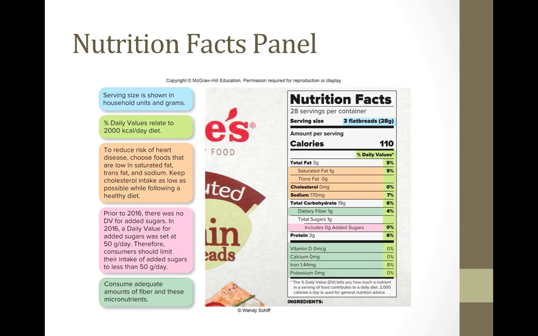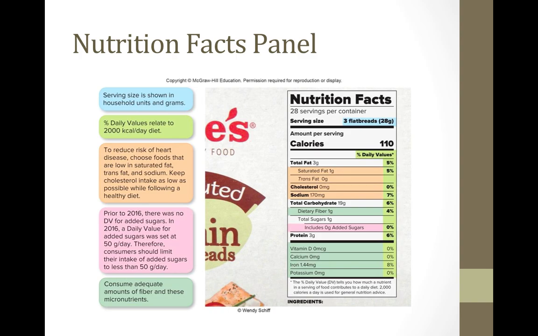So, besides your daily value percentages, what will you find on the nutrition facts panel? You'll find your serving size, information about fat, cholesterol, and sodium, carbohydrate, including fiber, your total sugars and added sugars, protein, along with how much vitamin D, calcium, iron, and potassium are in a serving of food. Now, why those particular vitamins and minerals and not all the others? Well, Americans don't always get the recommended amounts of vitamin D, potassium, calcium, and iron, so these specific ones are